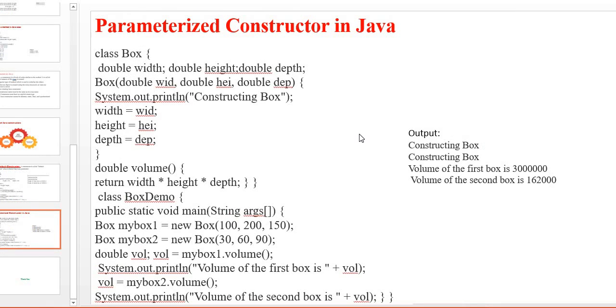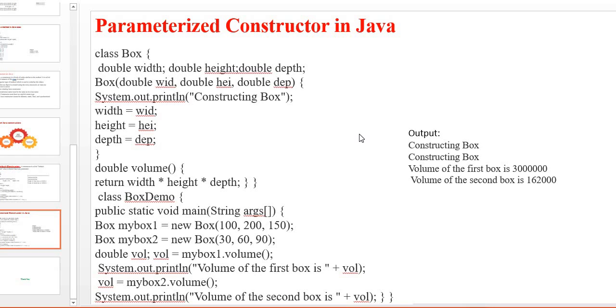Next, another type of constructor is the parameterized constructor in Java. In order to understand the parameterized constructor, here is a sample program. Within this I am taking three instance variables and I am creating a constructor with three parameters, that is WID, HEI, DEP, all three parameters of type double.